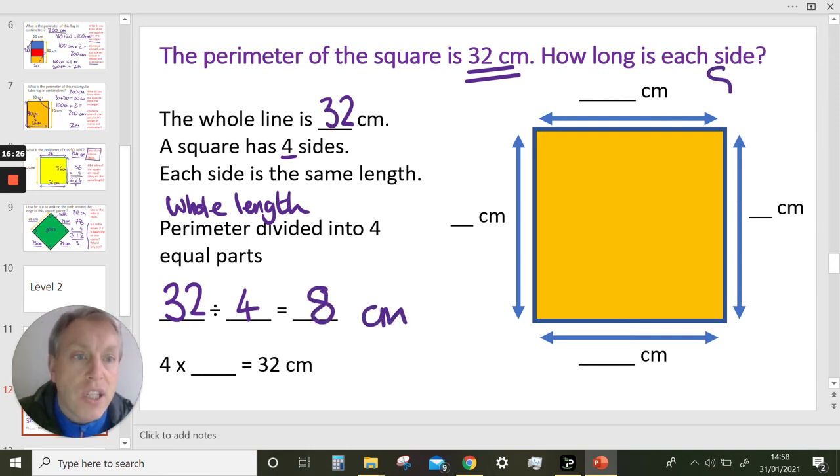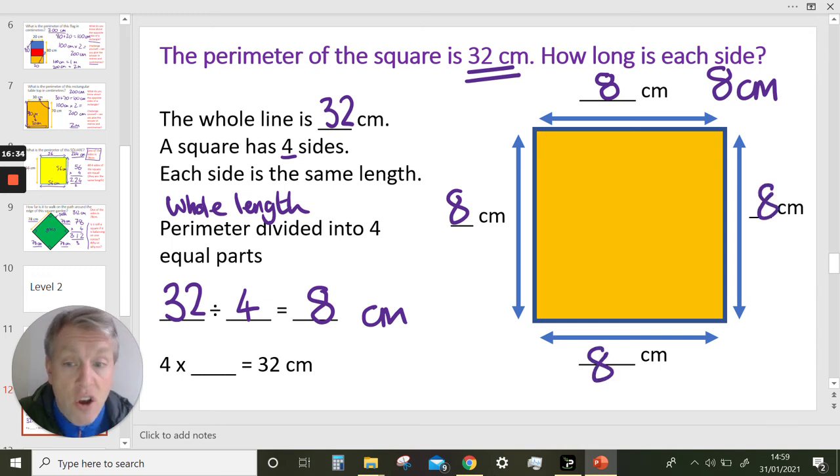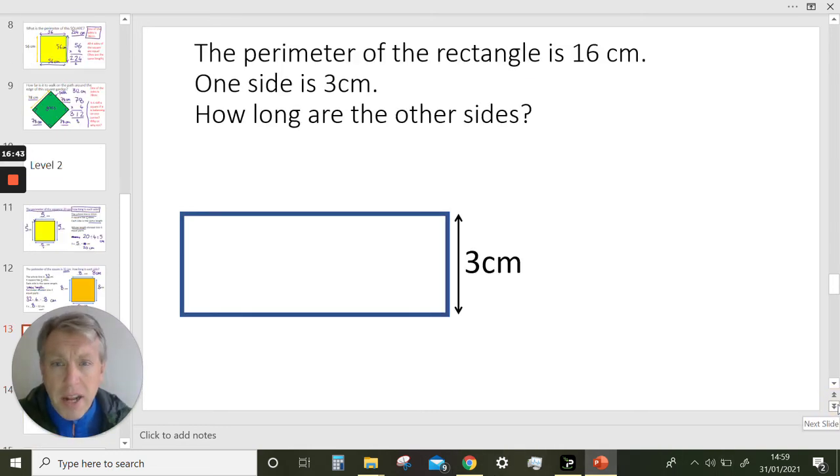How long is each side? It's 8 centimetres. Let's check that. Each side is 8 centimetres. 4 times 8 is 32 centimetres. It worked out. Okay. Now, just a little bit trickier even here is that the perimeter of this rectangle is